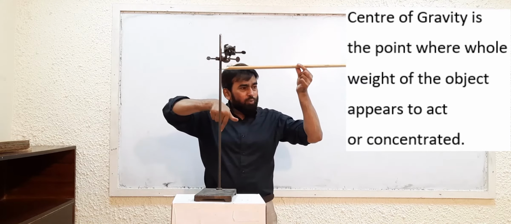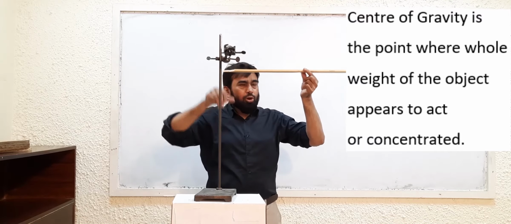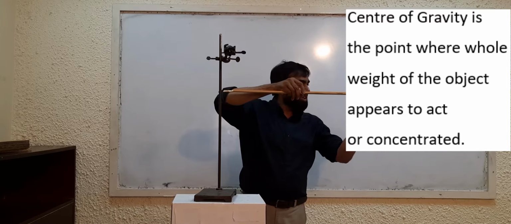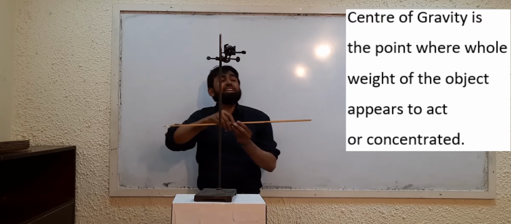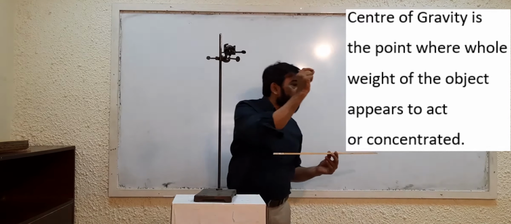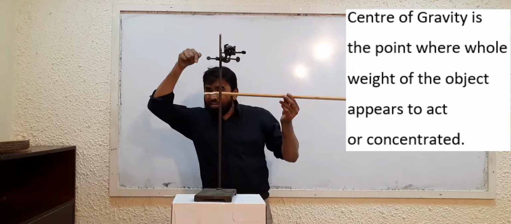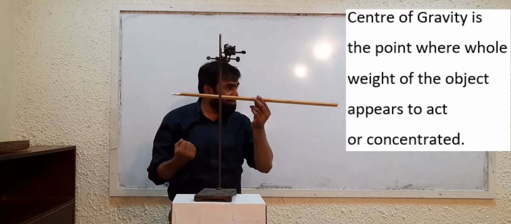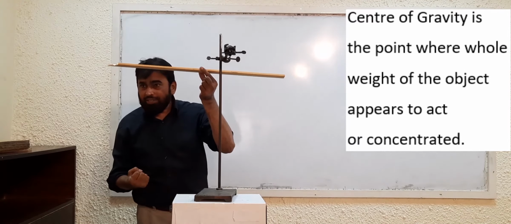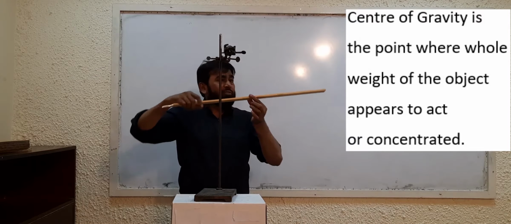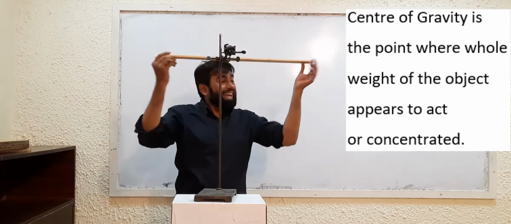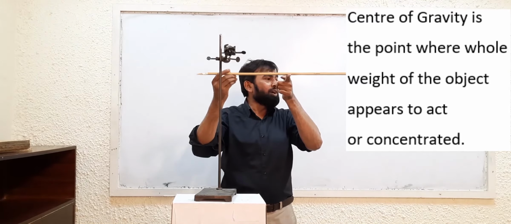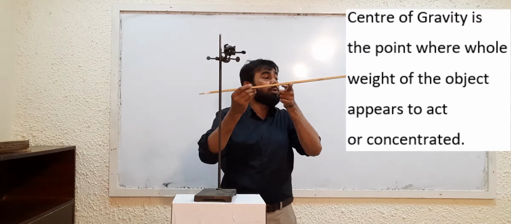Each and every part is applying a force vertically downward, according to the mass which is there. It means each and every particle is applying a force which is vertically downward. That force is basically called the gravitational pull of Earth, and that force is called the weight of this object. So the total weight of this object will be the net force, and that net force is applied at the center, wherever the center is coming, where you are going to balance this.